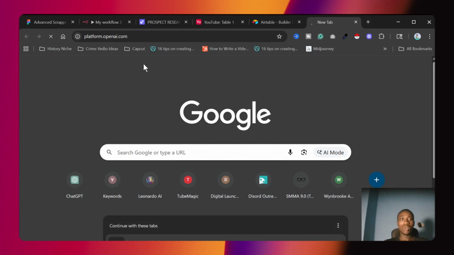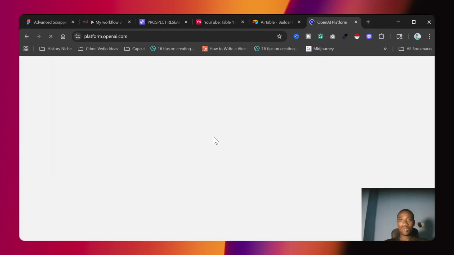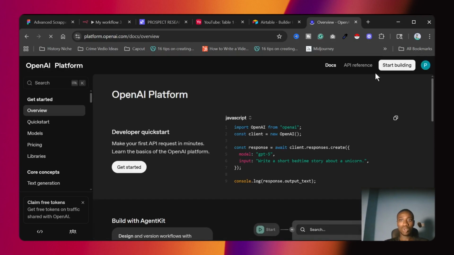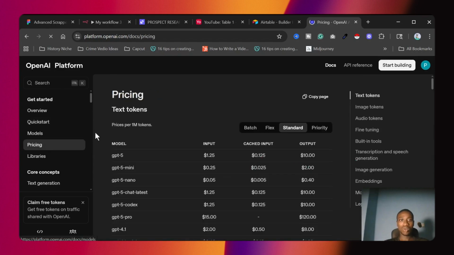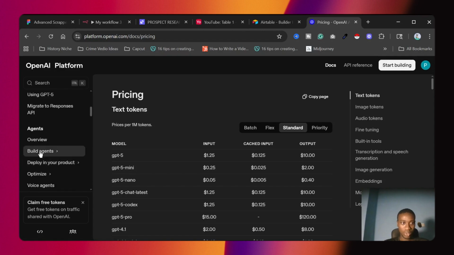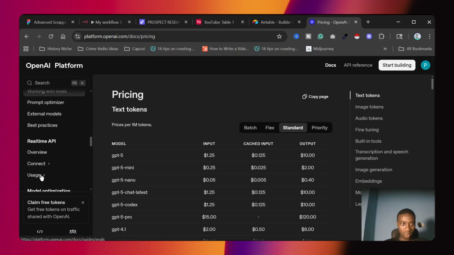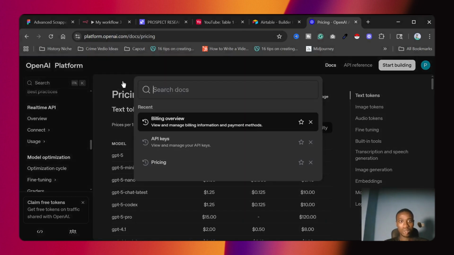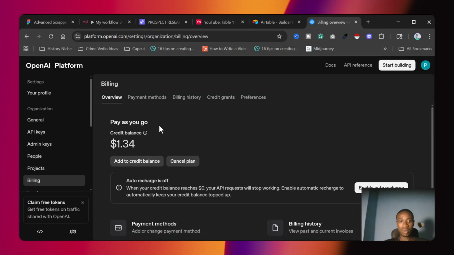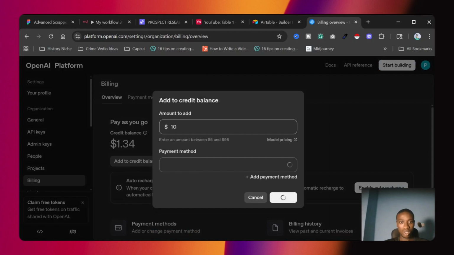platform.openai.com. So you go to platform.openai.com, then you create your own account. After creating an account, you see it's signing in, but you just create account. So you already signed me in already. Then you go to pricing, you go to pricing for billings. Yeah, I think it's billings. Search for billings and overview. Inside, at least maybe $5 there. You can see.